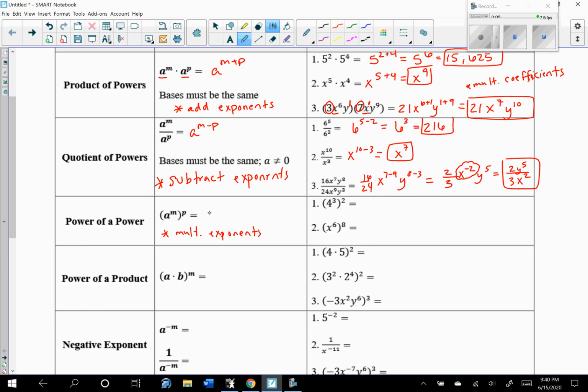So this one would be a to the power of m times p. So go ahead and pause, do these two, and then unpause when you're done. So here we have, again, power of power. So this would be 4 to the 3 times 2, which is 4 to the power of 6. And again, that's numerical, so